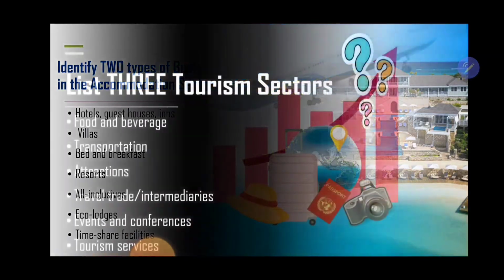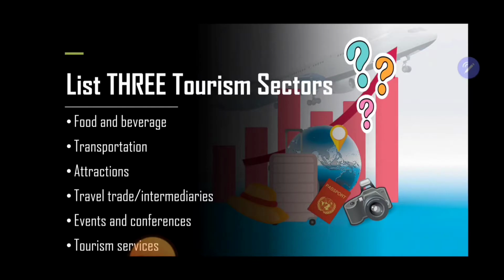All right. Next question. List 3 tourism sectors. Other than the accommodation sector, there are 7 tourism sectors, right? So apart from accommodation, there's also food and beverage, transportation, attractions, travel trade and intermediaries, events and conferences, and also